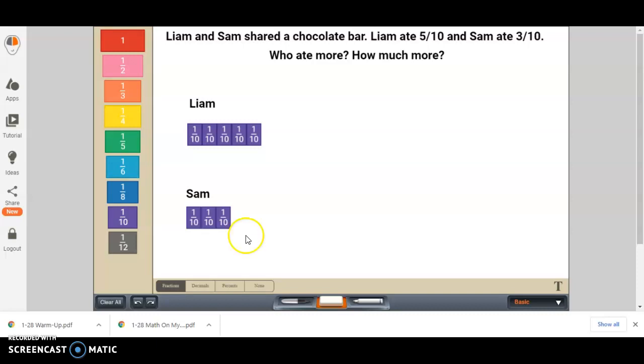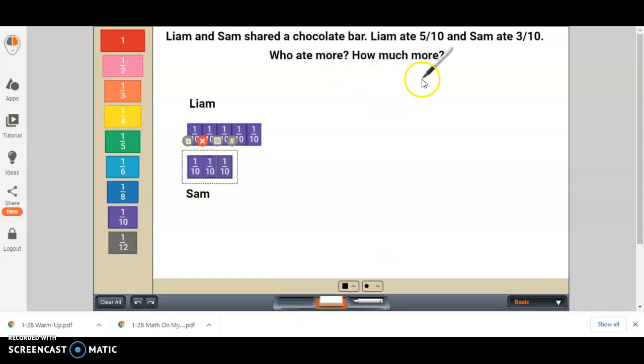Now, let's see if we can figure out how much more. So Liam did eat more. We can see that there is more here. And if I want to just compare, right? When I want how much more, this is a subtraction problem. If I was making a strip diagram from here, I would say, this is my question. I'm trying to figure out what is the difference between these two. So a way we can do that is taking away 1, taking away 1, taking away 1, which leaves me with